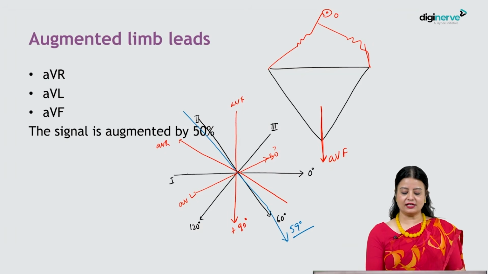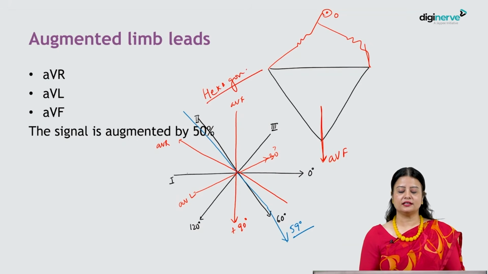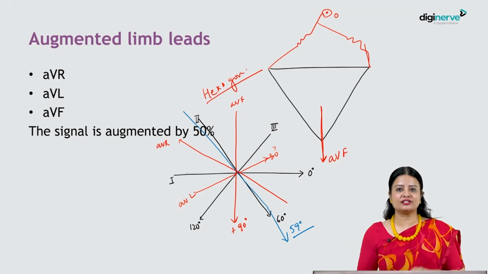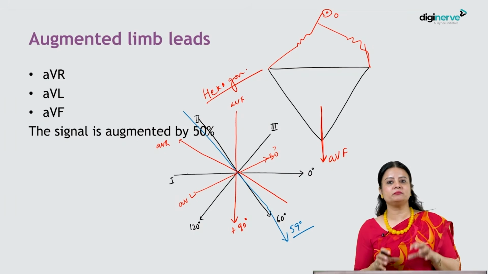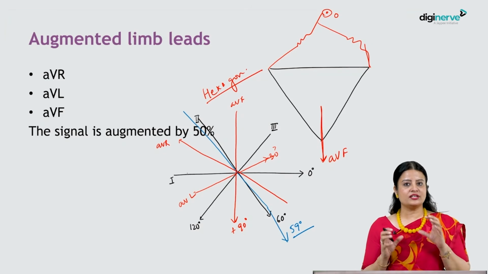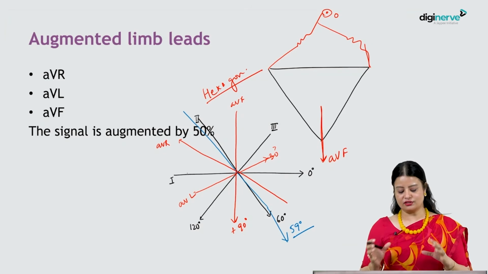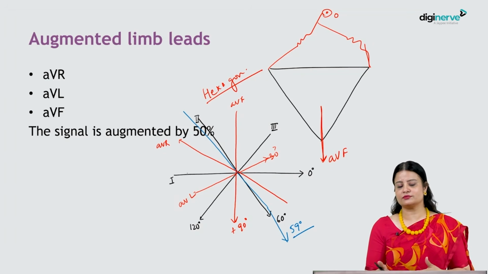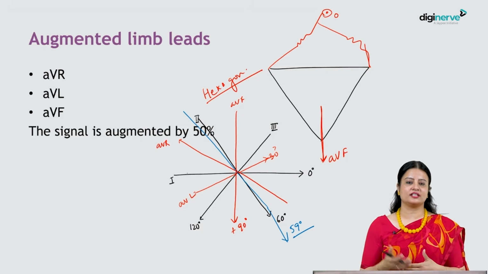So this is called the hexagon system on which we record the magnitude and direction of the various leads. And this is required for the calculation of the mean cardiac axis in the given ECG. We just require the standard bipolar leads for the calculation of the mean cardiac axis, which is what we are going to talk about in our next session, where we'll be talking about the analysis of ECG.